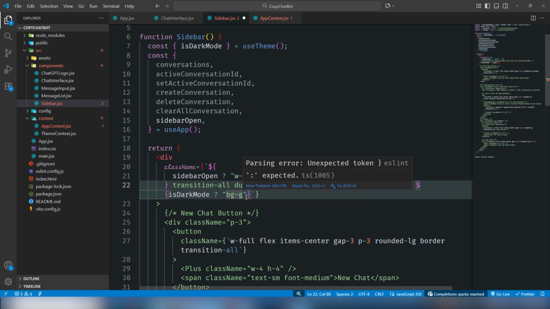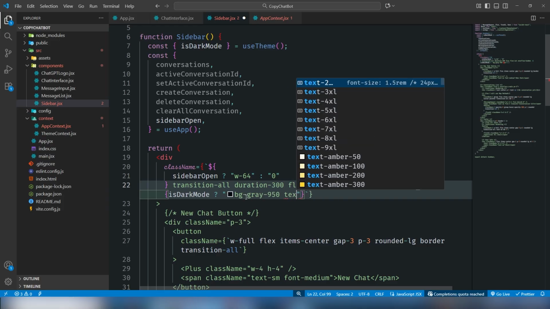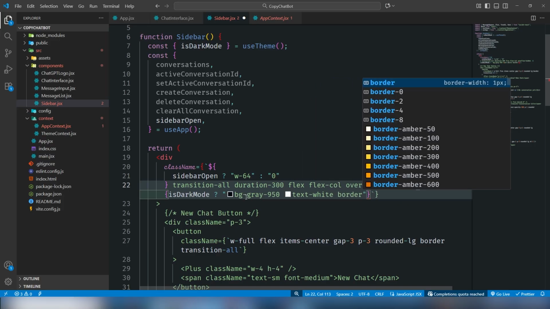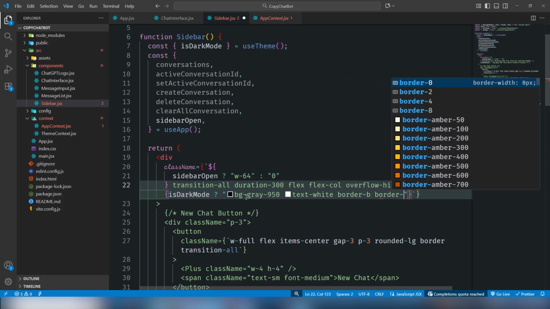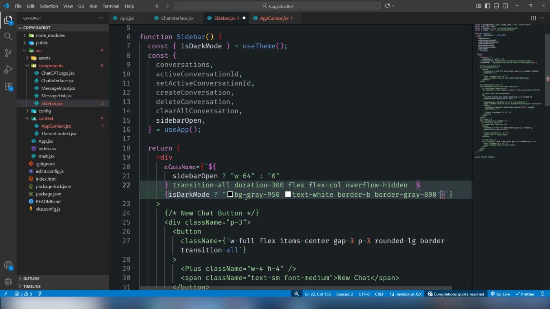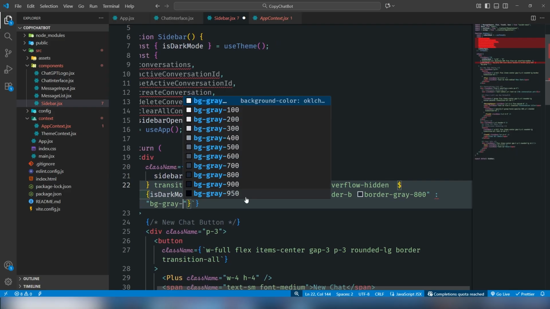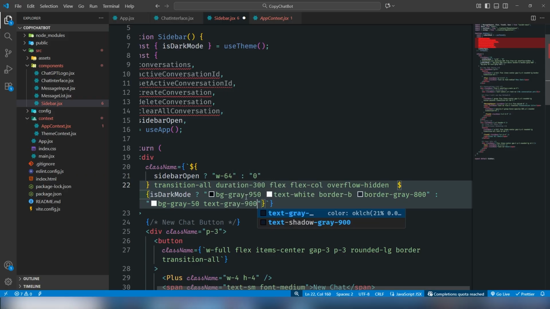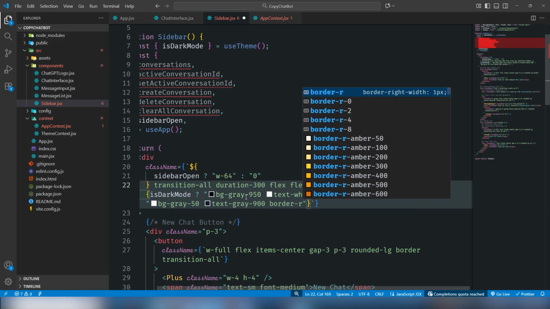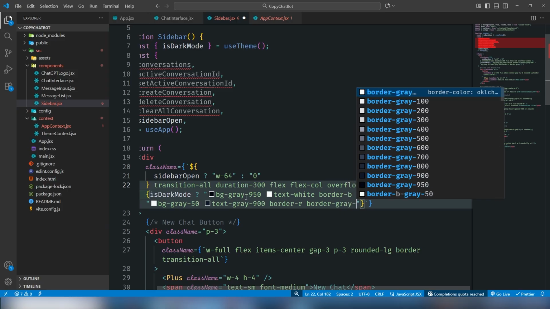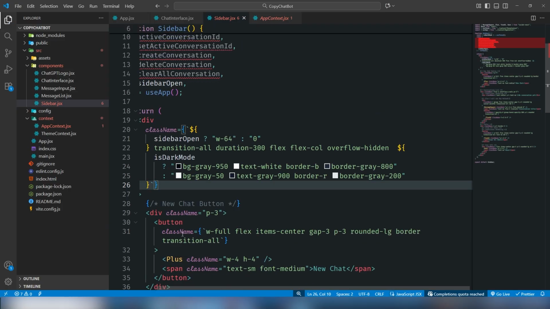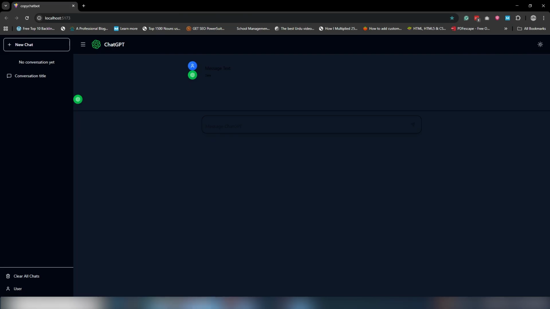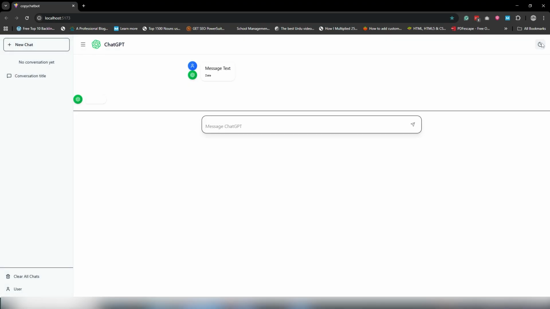Alright, because I will use that inside there. BG gray 950, text should be white, border bottom border gray 800, otherwise BG gray 50, text should be gray 900, border white, and border gray 200. Now save the file and look at that, guys. When I click on it, as you can see,